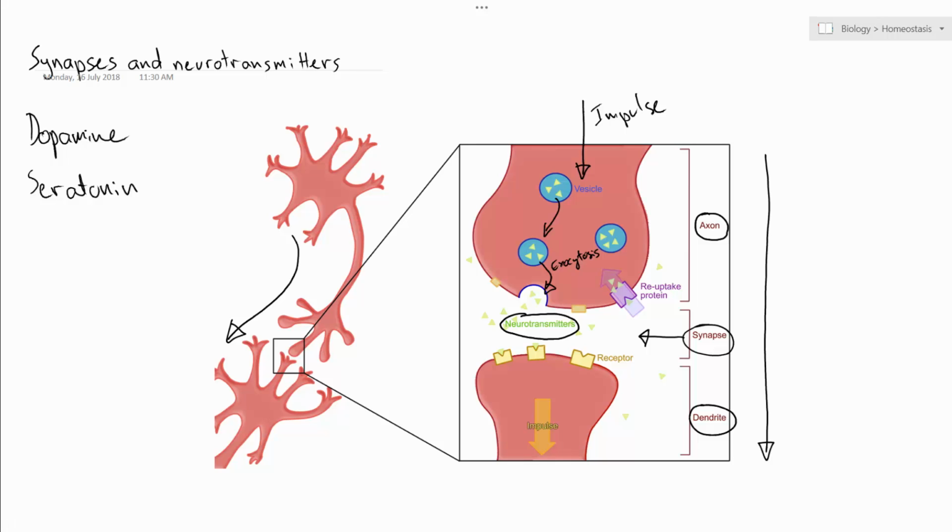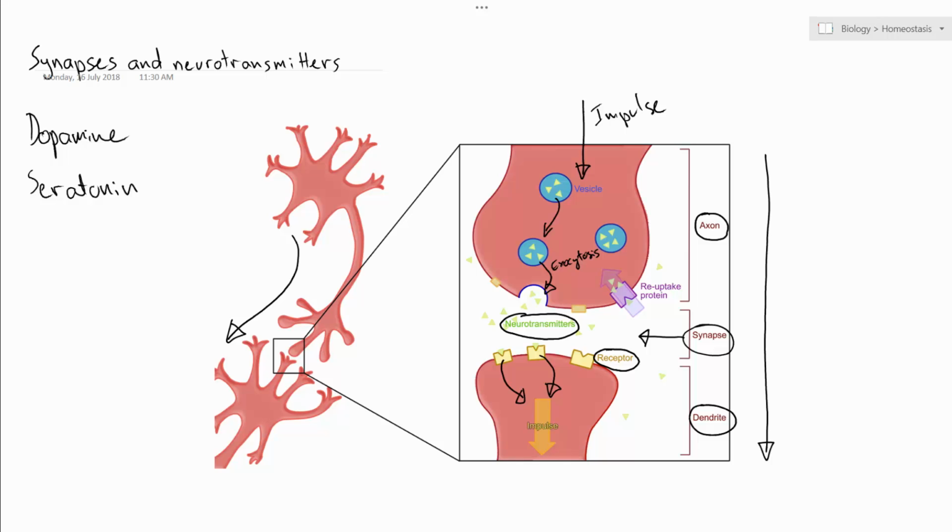Now, once those neurotransmitters have been expelled from the axon of the previous cell via exocytosis, they're going to make their way across the synapse and bind to a receptor on the surface of the membrane of the dendrite of the next neuron. Once those neurotransmitters are able to bind to a receptor, they're able to stimulate the required response within a dendrite, and then that chemical form, the neurotransmitter, is going to be returned to an impulse, and then we'll see that impulse continue to move along the dendrite through the neuron and onto the next neuron, so that that message can be